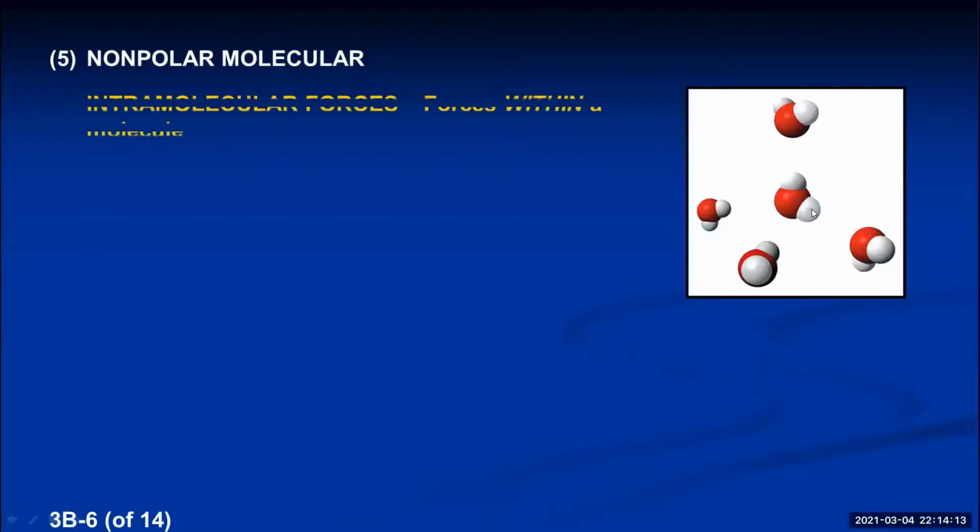So if we have a sample of a bunch of molecules together, the attractive forces between the molecules are not chemical bonds. This attractive force is a London dispersion force. Now, let me use some terminology that we use anytime we're talking about molecular solids. When you have molecules, you can talk about the attractive forces between the molecules, or you can talk about the attractive forces within a molecule. The attractive forces within a molecule are called intramolecular forces. Intra means within, forces within a molecule.